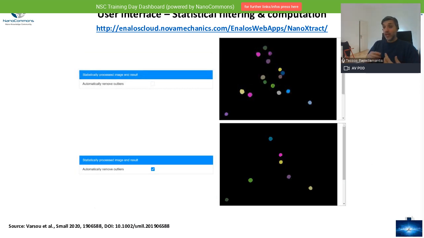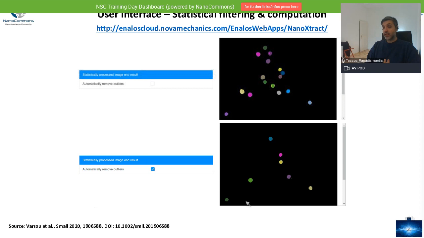So, the next step is that the tool will provide us with an overview of the nanomaterials that it thinks are the best to use for doing the calculations, and we'll see the next results. But what I want to point out here is that you also have an option to perform statistical filtering, as you can see here, by ticking the box.